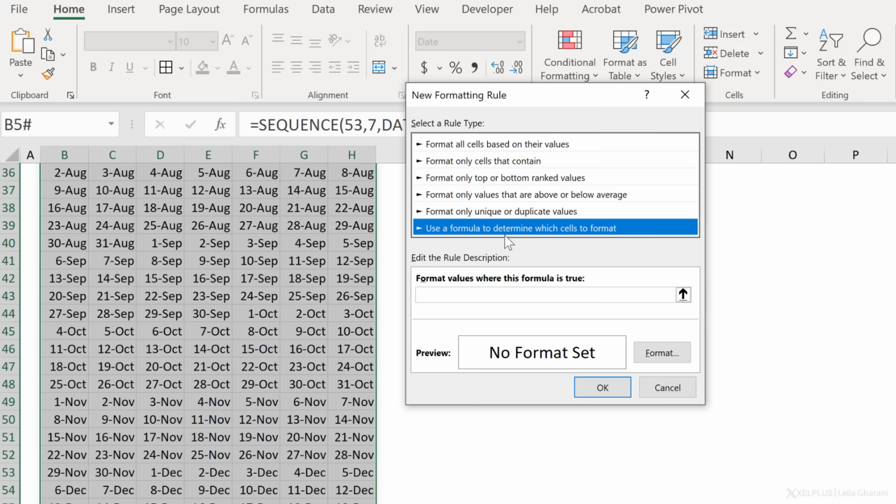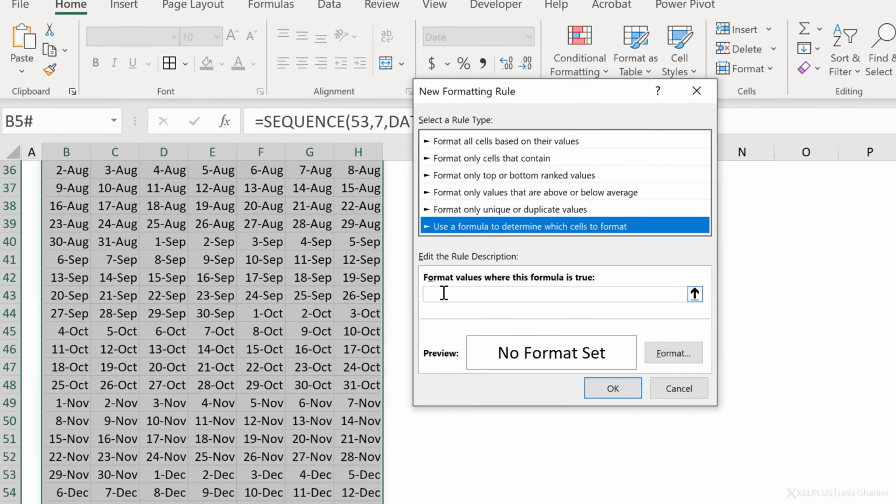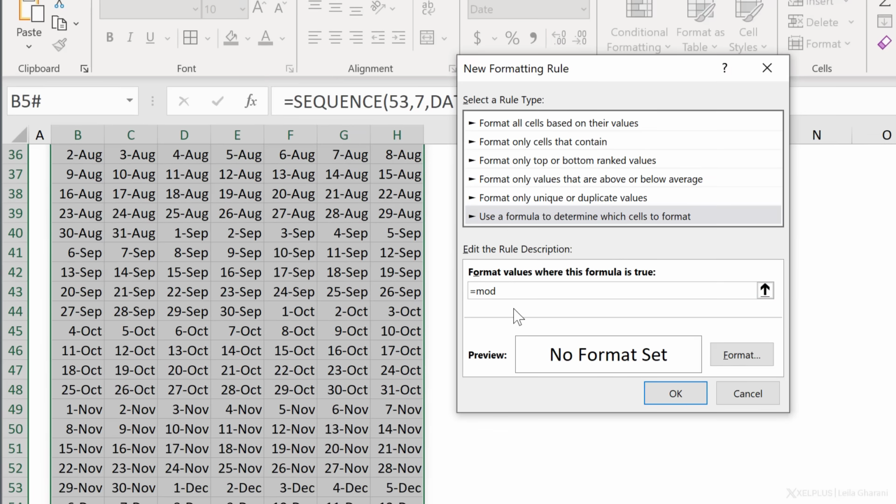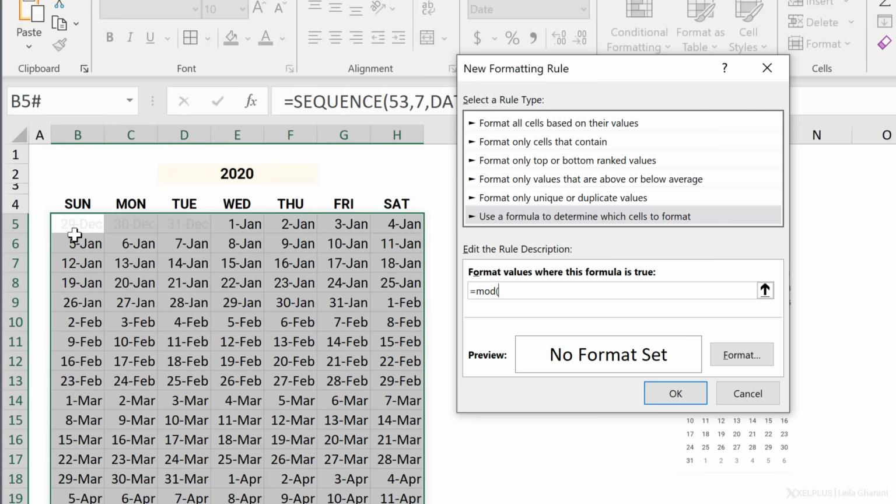Now I need to figure out a formula that's going to help me identify every other month. A great one that can help me do that is the mod function. This is going to give me the remainder after a number is divided by a divisor. So in this case, my number is actually my month number. So if I take a look at this date here, and again, I want to take away the fixing here, but I don't want to look at the date. I want to look at the month that's associated with this date. So I have to put this inside the month function.